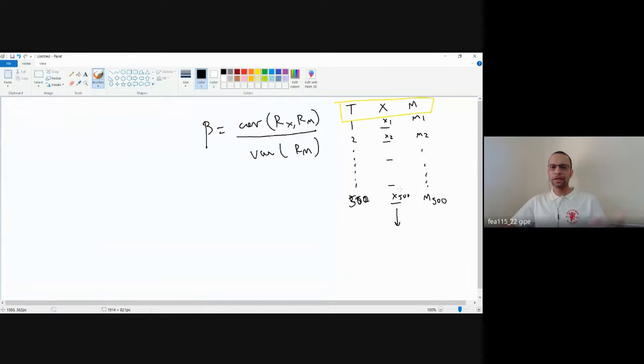So you can simply take the day over day return. When I say return, for this step it could be something like X2 minus X1 upon X1. Then if this is X3, it could be X3 minus X2 upon X2, and so on. So that way, yes, you can calculate beta. So always remember to take returns and not the price levels. Any application of beta which you can recollect?